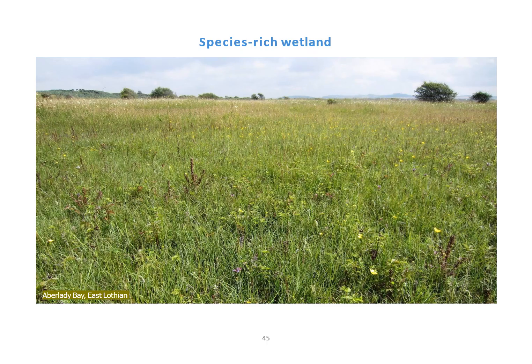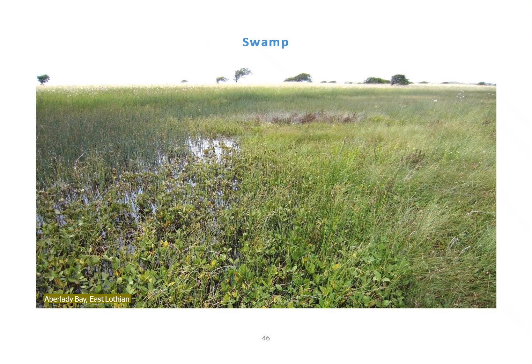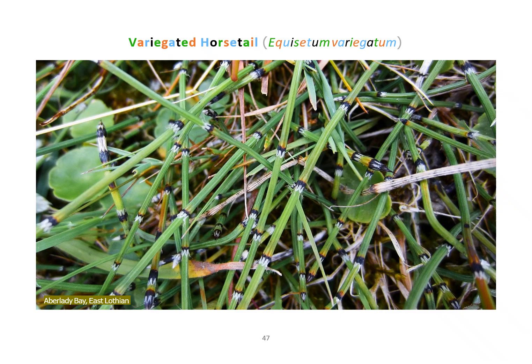This is an example of one that's really species rich, loads of sedges and herbs, swampy bits in it there with bogbean, loads of good stuff. And variegated horsetail, that's quite a rare kind of horsetail, with which there are really good populations at Aberlady and some of the short dune slack vegetation, beautiful